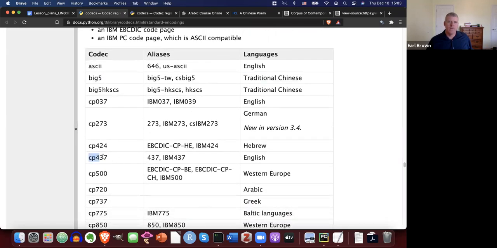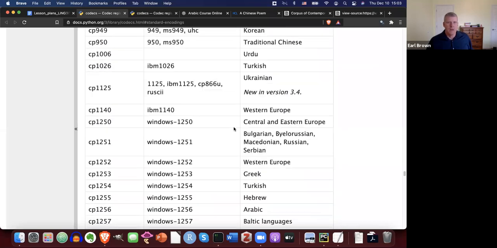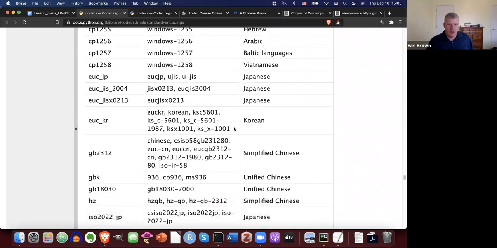CP 437, I'll actually give you some files in homework assignments where you have to specify that encoding to make the files render correctly. And we have all sorts of different encoding schemes, different codecs or